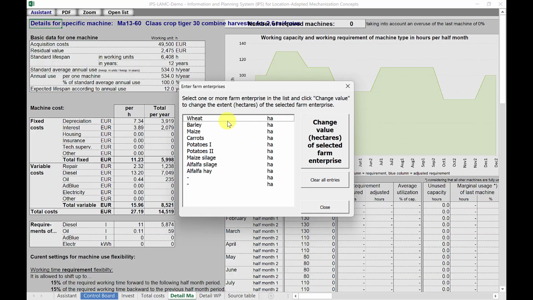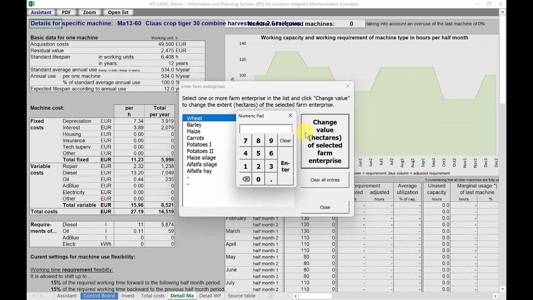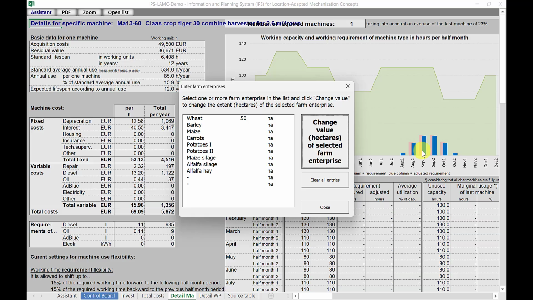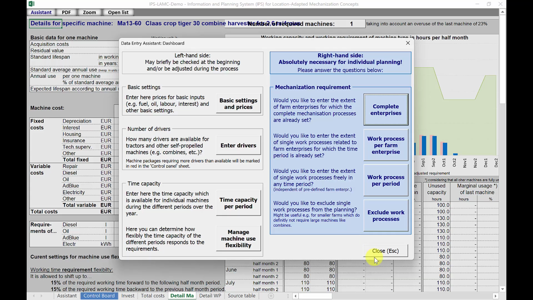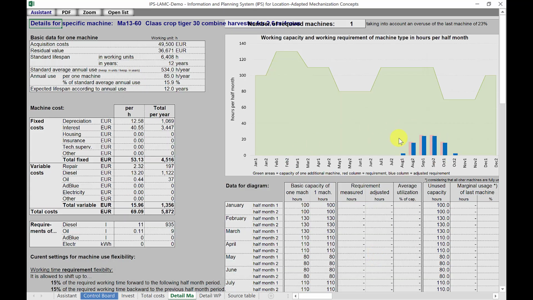So this is still empty. So I select the wheat, click on change the value, the hectares of this selected farm enterprise. And yeah, let's see what happens if I add a 50. Enter. Something there already. Let me close this one and close this one. So what you see now in this diagram is time requirement in certain half-month periods for the selected machine. So just a few minutes before, I selected the combine harvester. So it's displaying only the combine harvester, and harvest was entered for